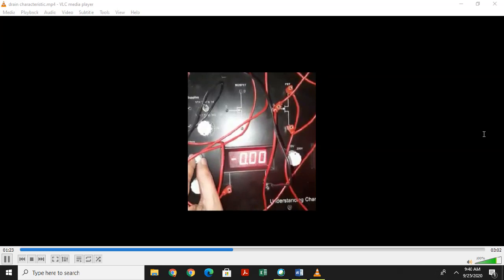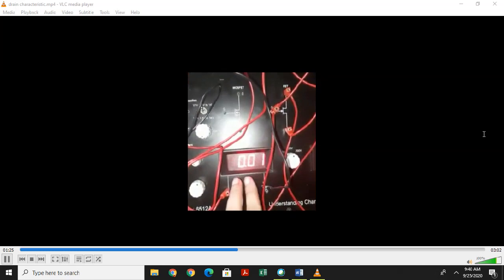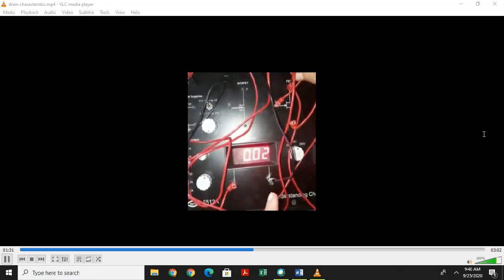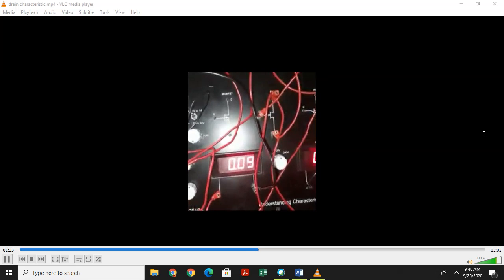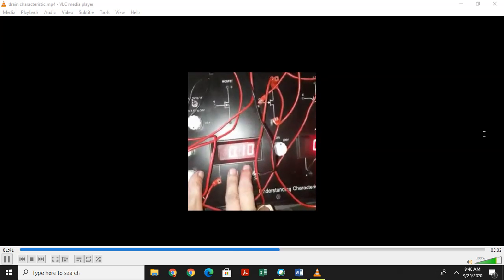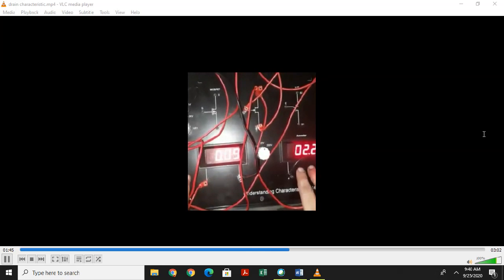We make all the connections according to the figure, and in this experiment this voltmeter is connected across the gate and source.